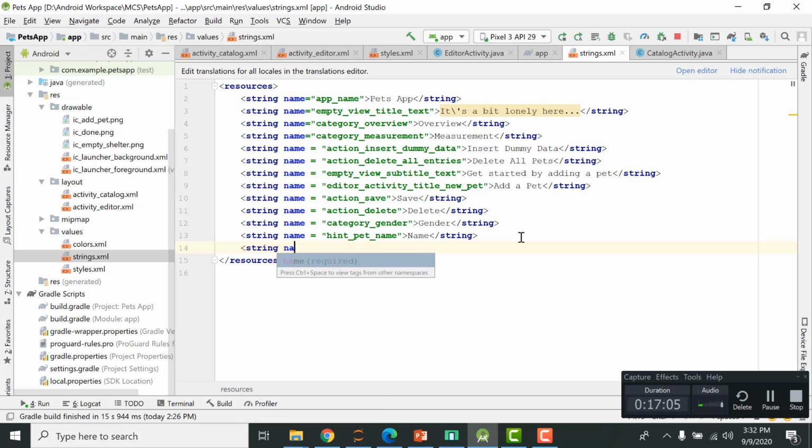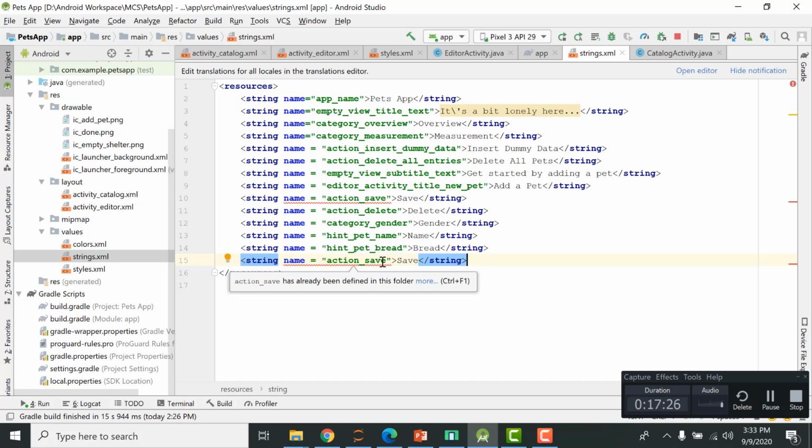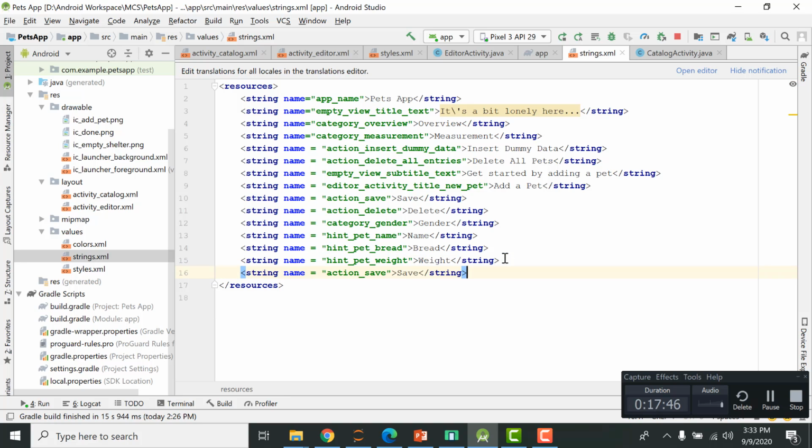Okay, then for the breed, and then for the weight, so it's int underscore pet underscore weight, so the value is weight. So you see there are a lot of text, and then for the unit kg, unit underscore pet underscore weight,